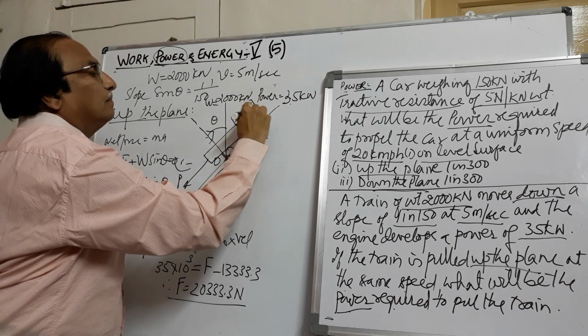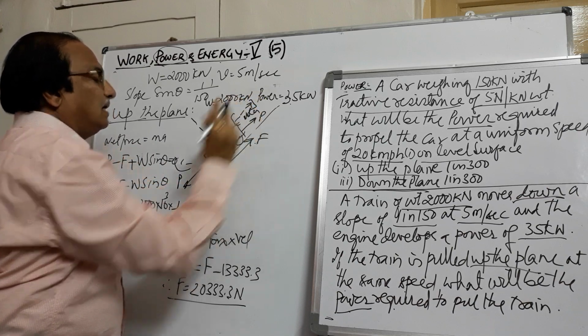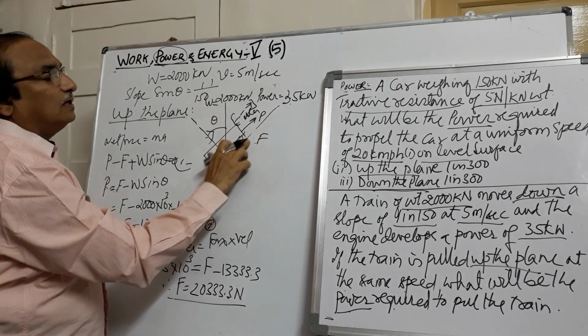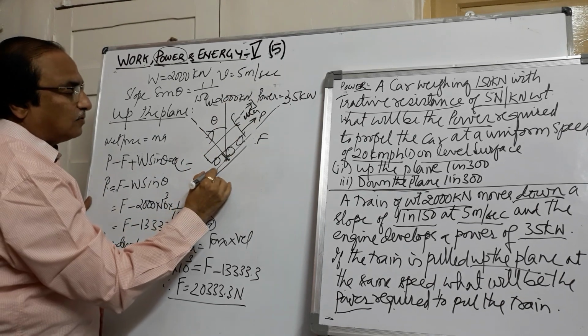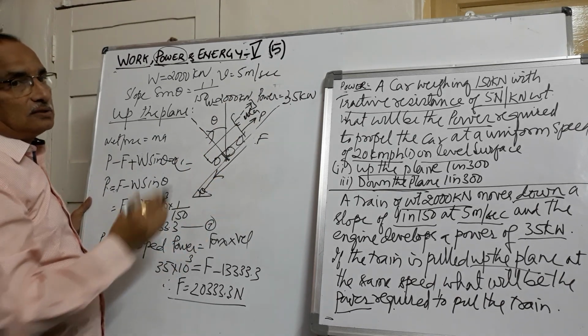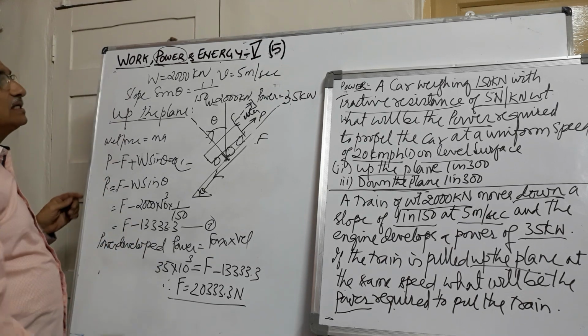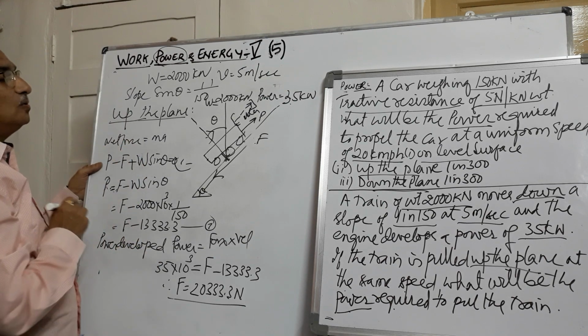This is the motion. So if this is a force P acting here, it is moving up the plane. So the force of friction will be opposite. If this is moving up, force of friction will be down. There's only change that you see here in case of the force of friction. So let us see, the net force is equal to ma.